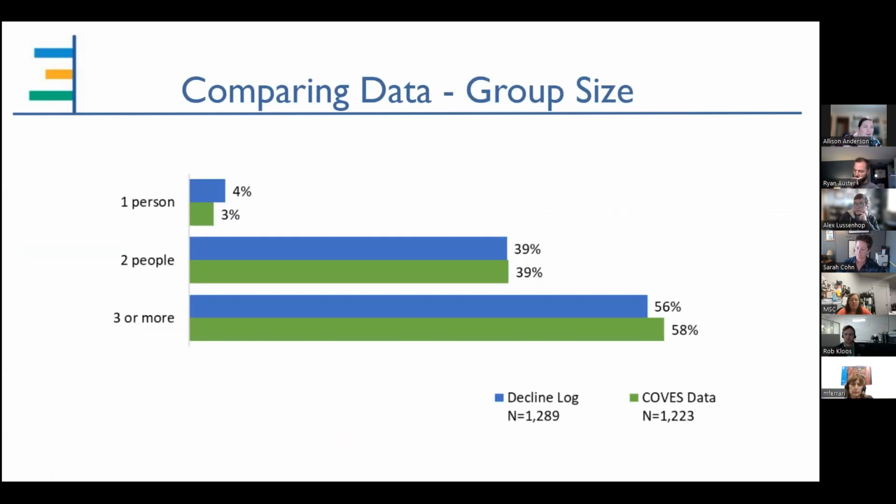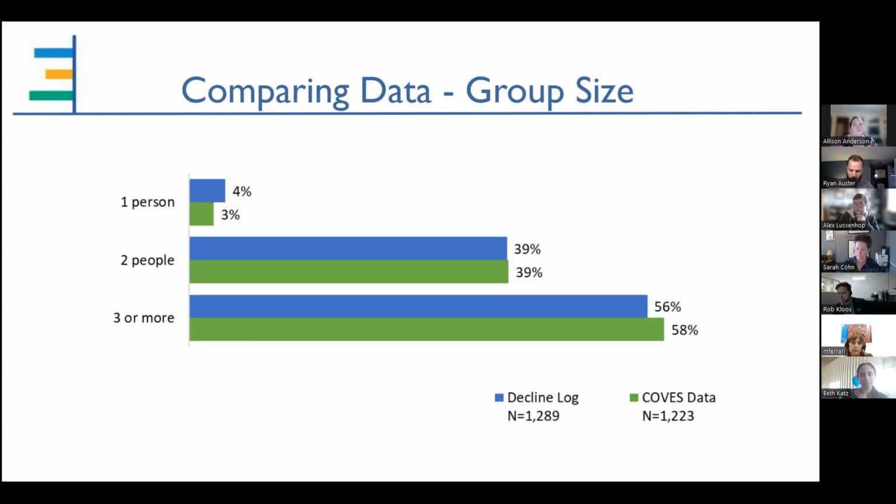Since the categories on the widget and the survey data are slightly different, I did end up collapsing the categories into 1 person, 2 people, or a group of 3 or more. But in the decline log, I could see that fewer than 3% of groups were larger than 7 people, so I wasn't as concerned about comparing those really, really big groups. However, if that question is of interest to you, how many really, really big groups do we have, the raw survey data can be used for a much more nuanced look